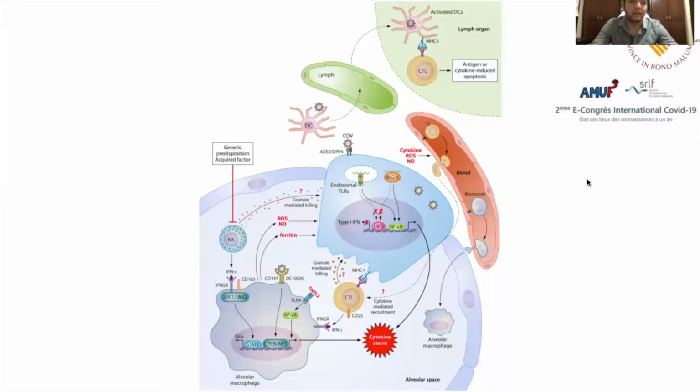Macrophages are activated by virus antigen stimulation, interferon gamma, or oxidized phospholipids. The interferon gamma and its receptor complex induce the phosphorylation of STAT1 by JAK1 and 2, promoting the transcription of interferon-stimulated genes and pro-inflammatory cytokines and chemokines, contributing to the cytokine storm. Activated macrophages also release some toxic mediators, including those inducing apoptosis.